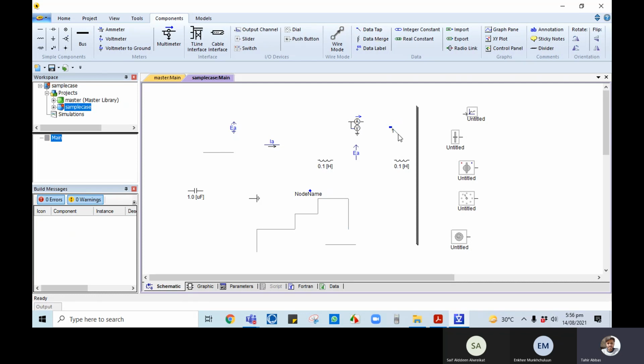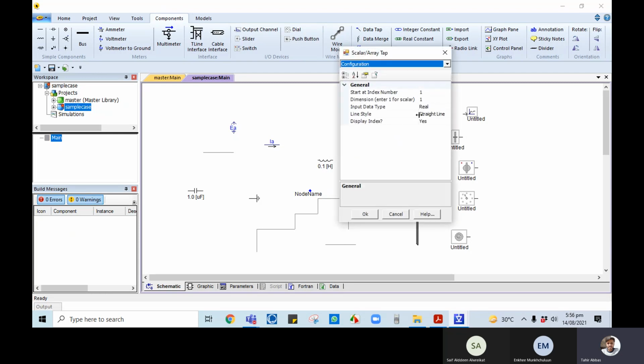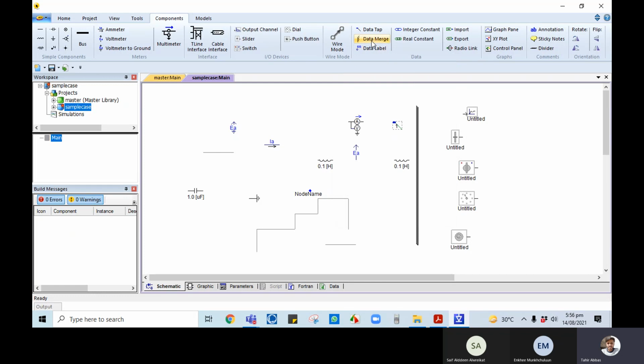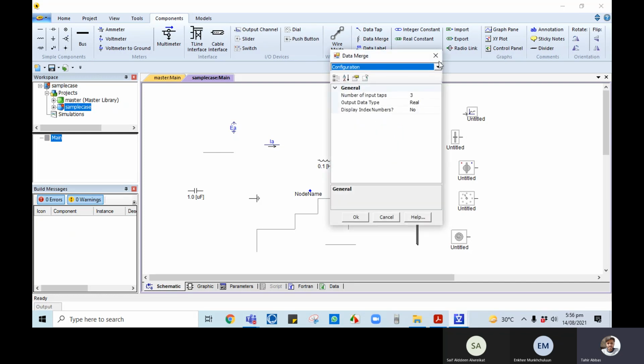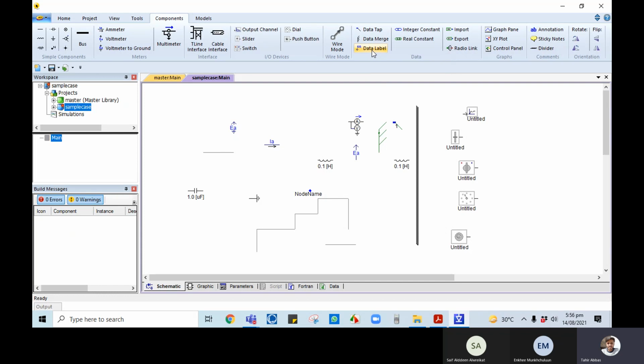And then the data tab, if you want to get extraction from our output, we can make use of this, and we can simply get signal name like display index, and then the real and any integer logical data that we will see. Most of the time when we add some components, we need extraction of data from output. So data labels are also available. If we need merging like multiplexing, the data label is used for the signal output. Most of the time we add it with the channel, and we make sure that the channel name and the data label name must be matched.